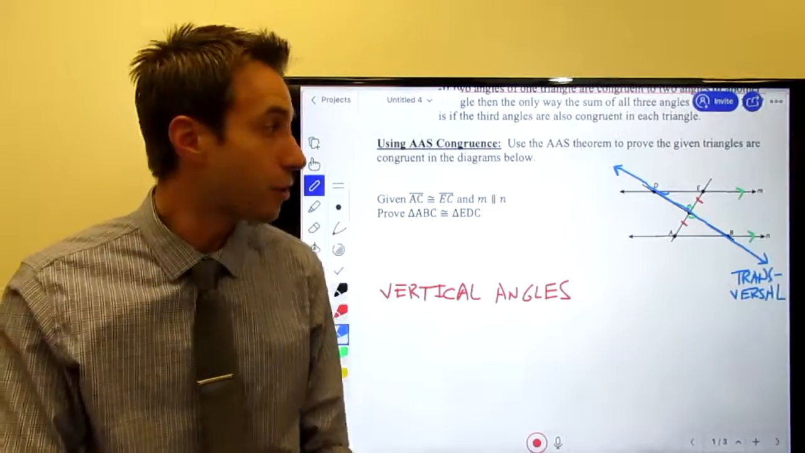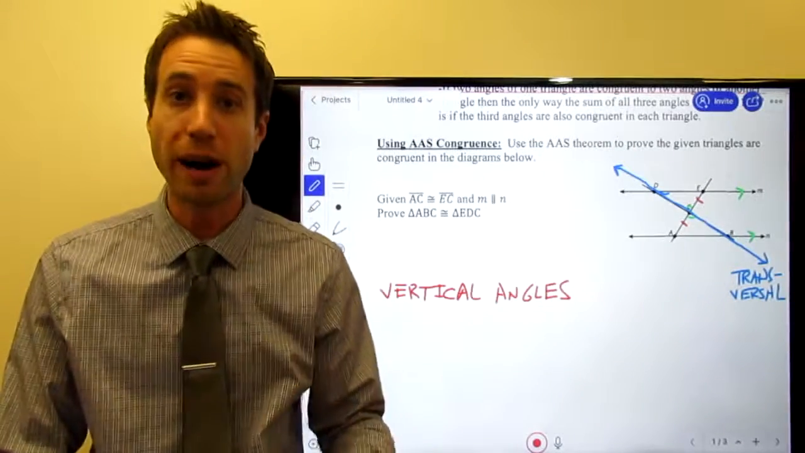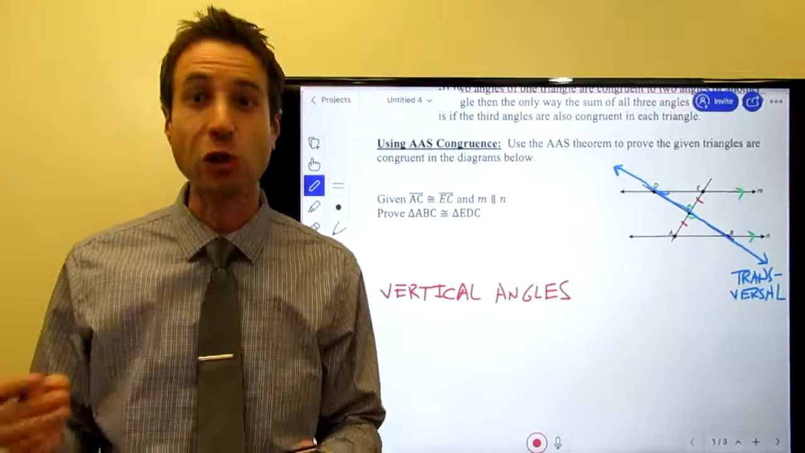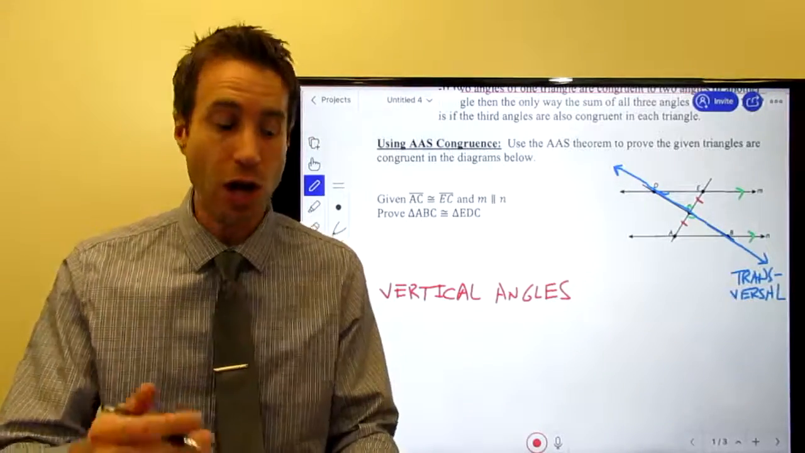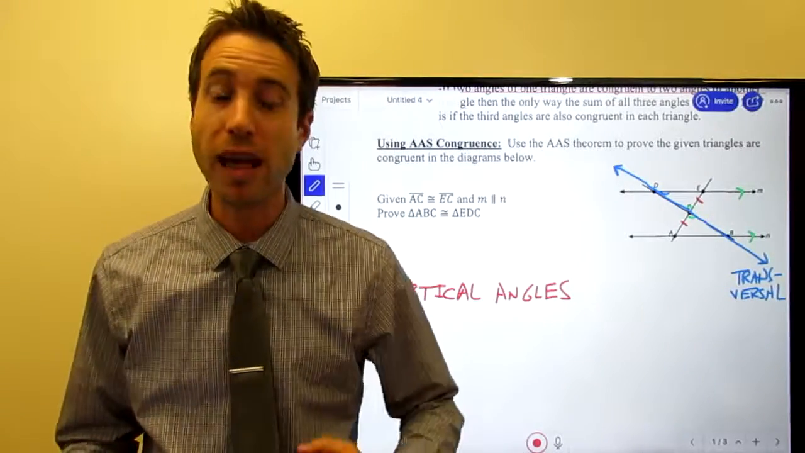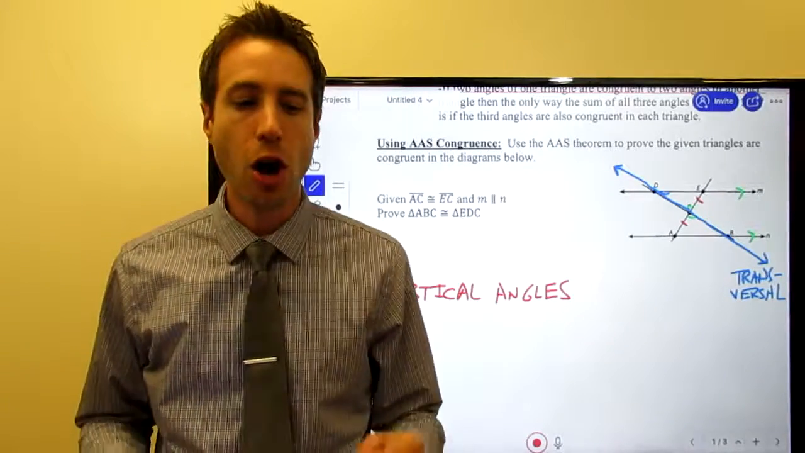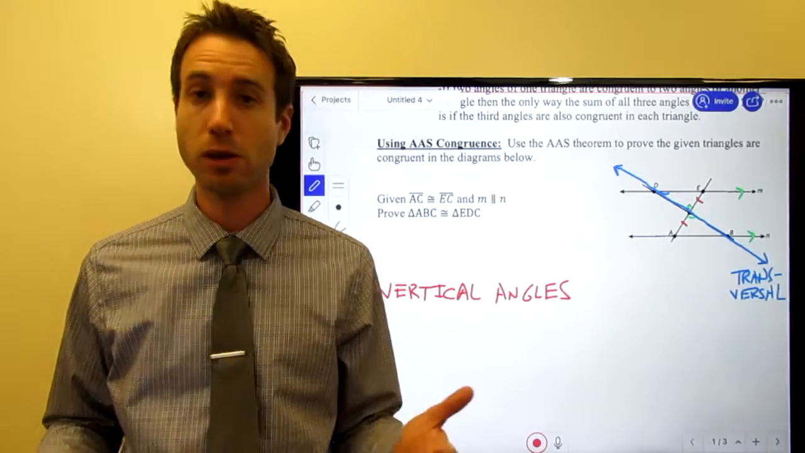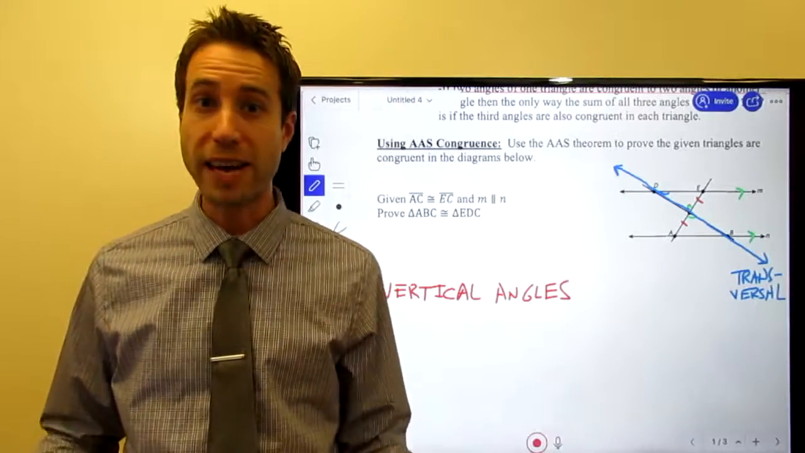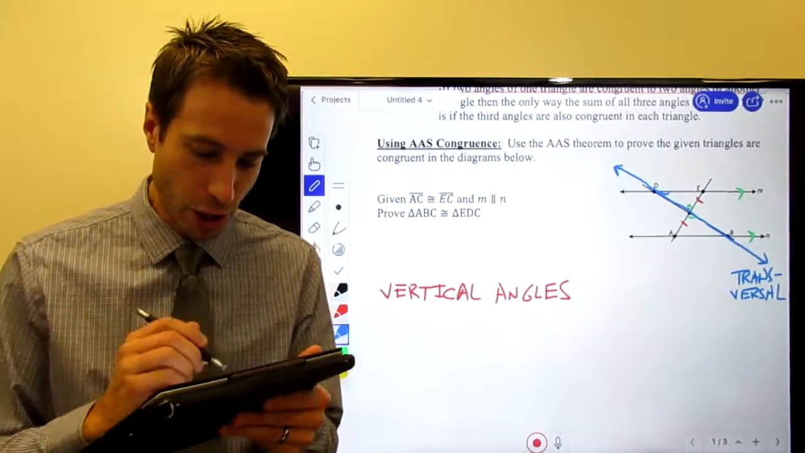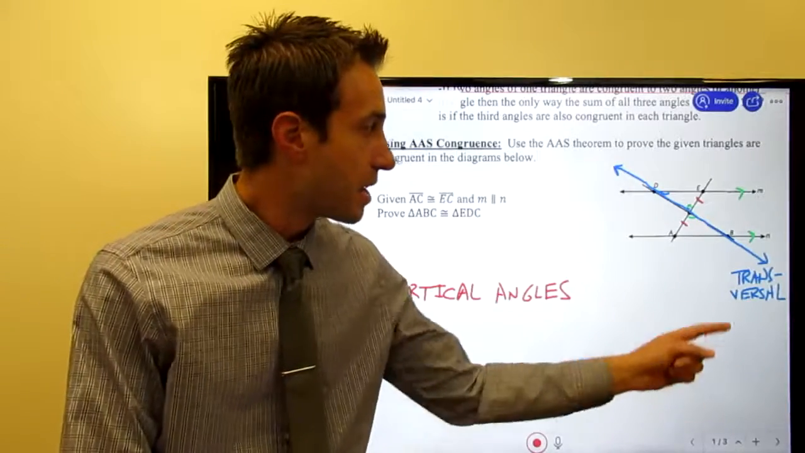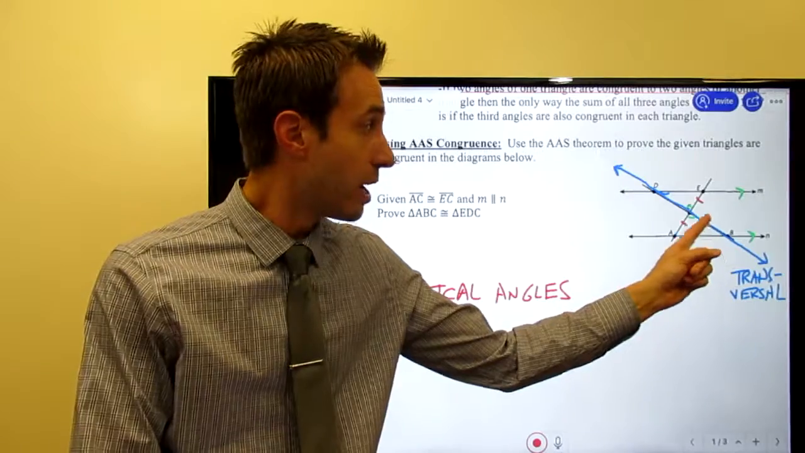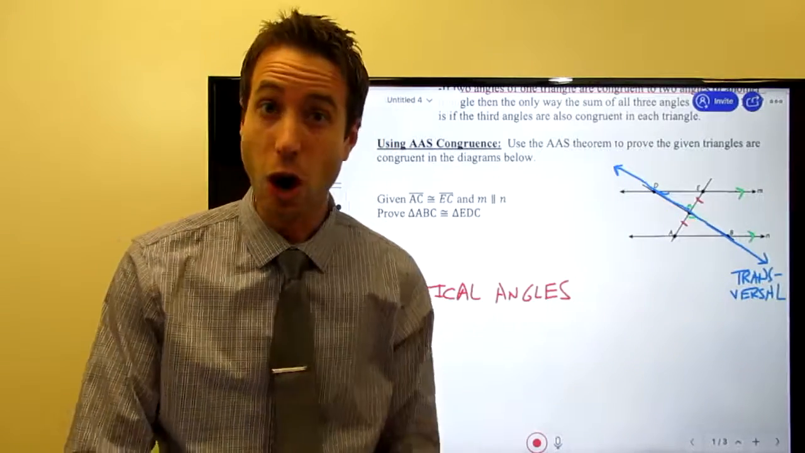I have a transversal cutting through two parallel lines. Well, now I go back to all of those properties I learned about angles in transversals and parallel lines. One of those properties was alternate interior angles are congruent. Do I have any alternate interior angles? You bet I do. This angle right here is an interior angle, and this angle right here is its alternate